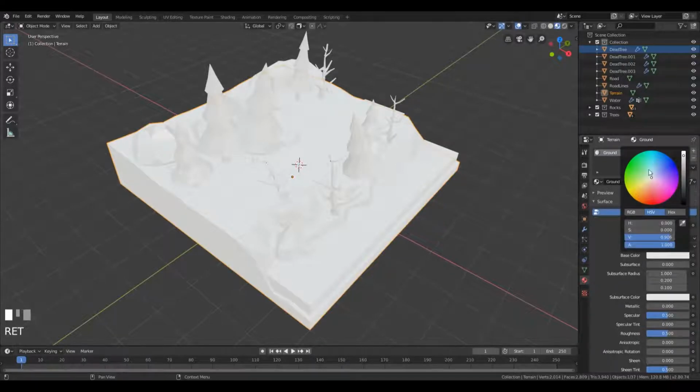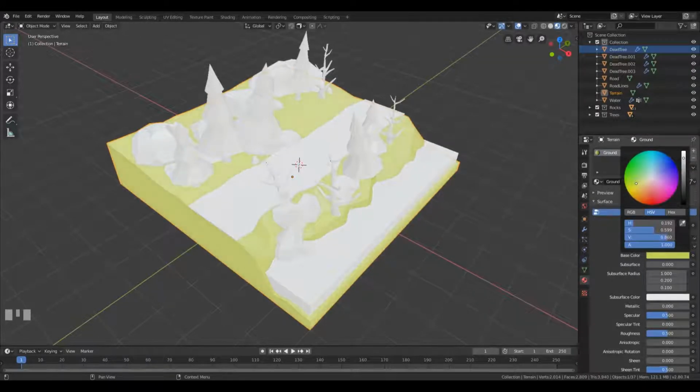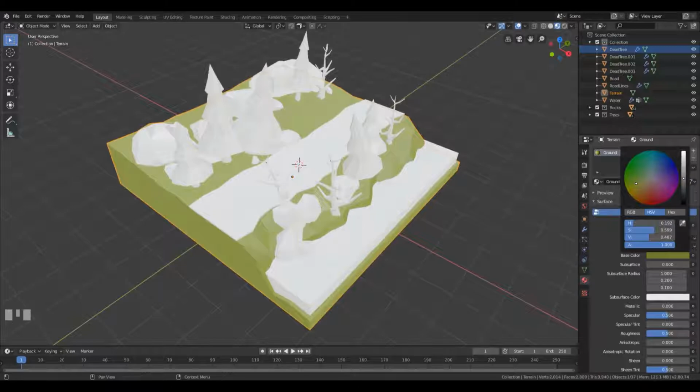And let's choose some nice green color here. You can go like this nice green and yellow color, and then modify the lightness here or the value of the color. So let's go somewhere like here,